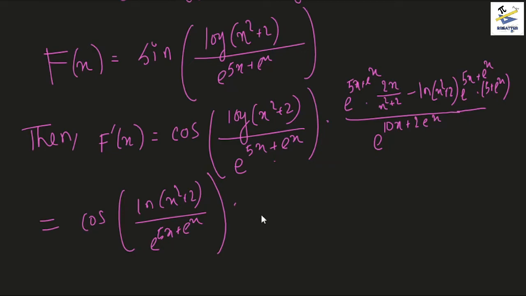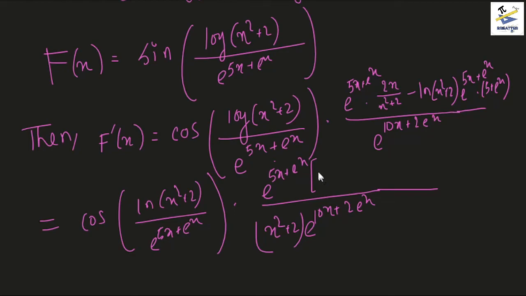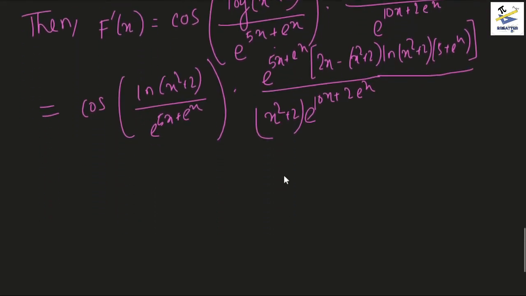multiplied by, now we can do a simplification here, x square plus 2 into e to the power 10x plus 2 e to the power x, and we can write it as follows: e to the power 5x plus e to the power x taken common, we have 2x minus x square plus 2 into ln of x square plus 2 into 5 plus e to the power x, and we can cut off this e to the power 5x plus e to the power x and this to give you the final answer, which is cos of ln of x square plus 2 divided by e to the power 5x plus e to the power x